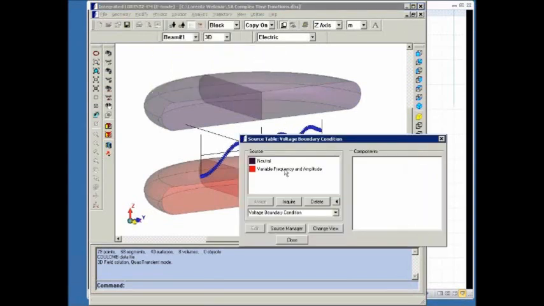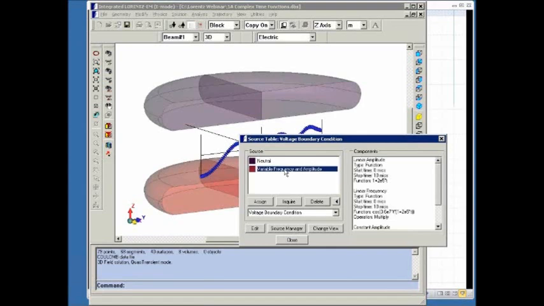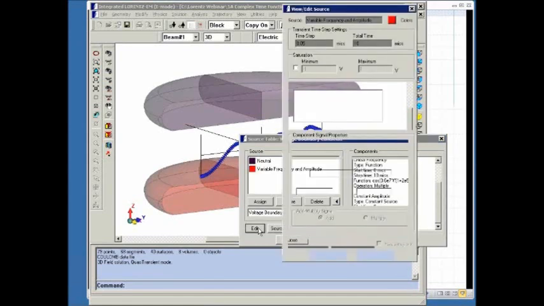So here I have a new source called variable frequency and amplitude, and you have an amplitude function, which is a linear function which increases with time. You have a sinusoidal function in which the frequency is not constant but also varies linearly, and finally you have a constant amplitude. So to show you what that's going to look like,